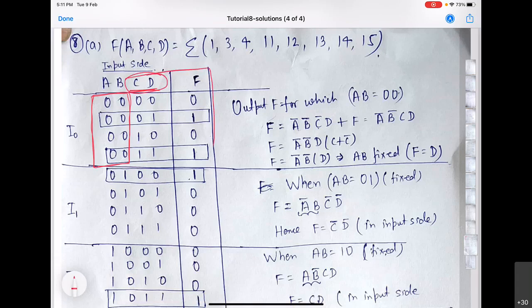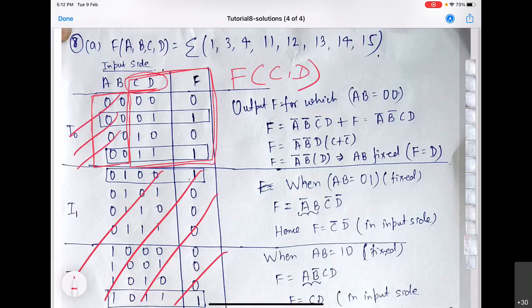So what you can say is that when A and B are 0, F is simply a function of C and D. F becomes a function of C and D. So you just forget everything else. You forget the entire other table and just focus on this small part of the complete table of the Boolean function, where you have only 2 variables, C and D, and the function is F. Now you can very quickly, with the help of a Karnaugh map, decide what F will be.